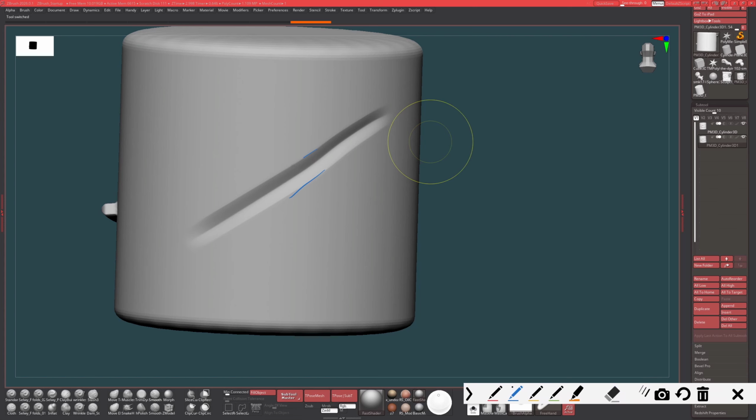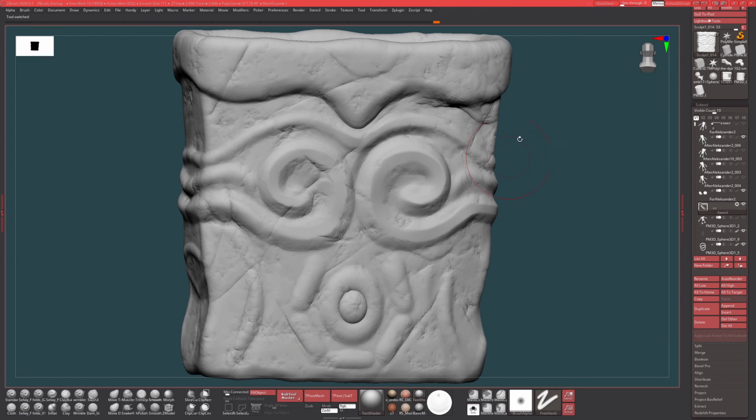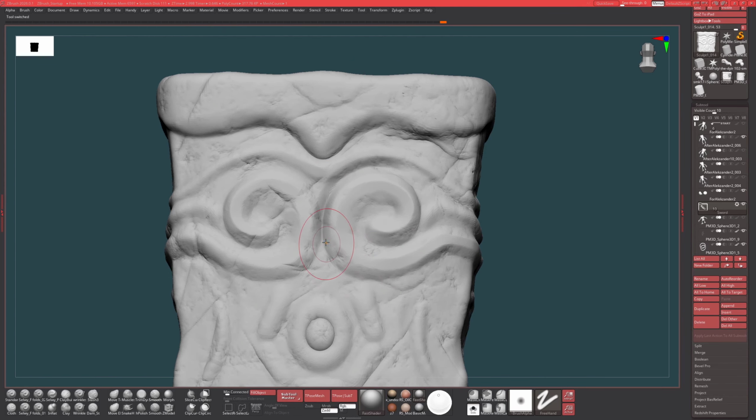Very sharp edges in here and here, and I don't really want that sharpness anywhere, because it's a little bit too much. It's a little bit too stylistic, but I do like the fact that there is sharpness in here and in here. And so with lower intensity, I can go in here and embed the